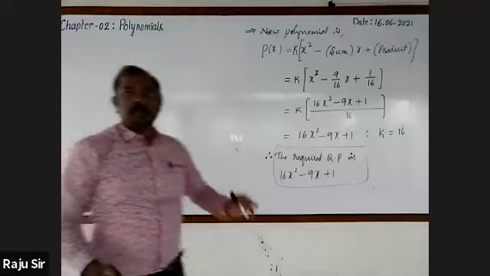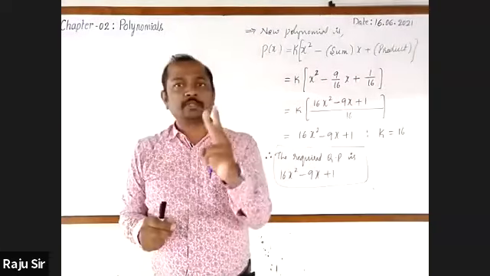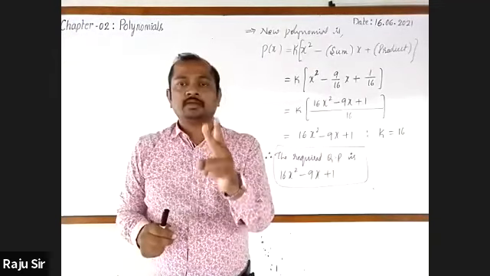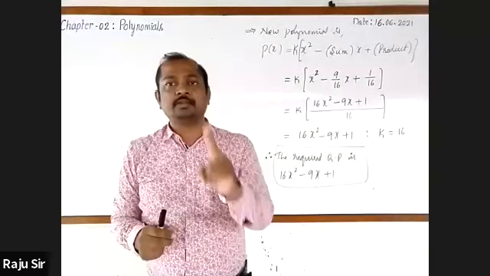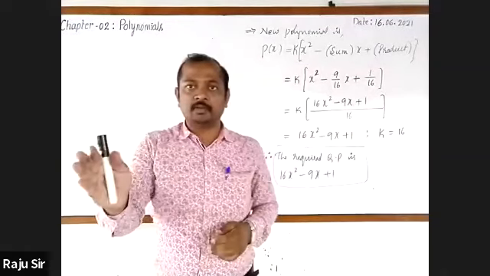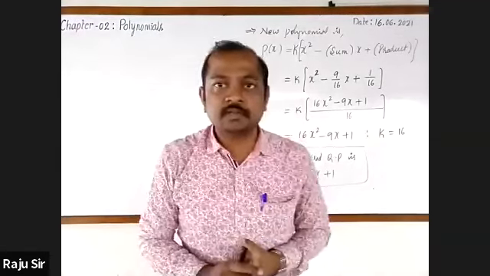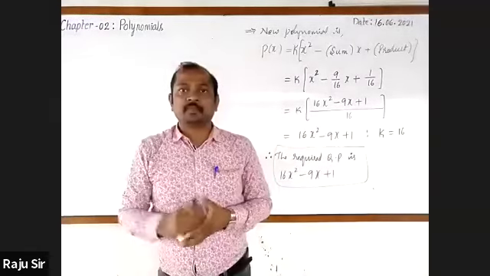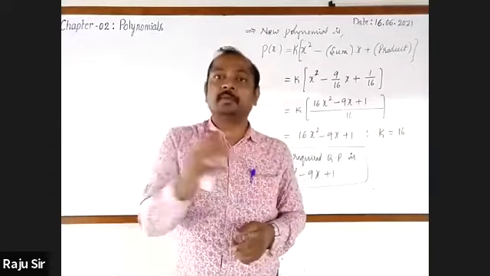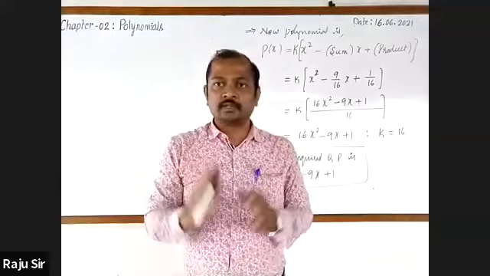This type has been completed. Just listen to me. We have solved two types of problems. Since yesterday, we have been focusing on these two types. First one is finding the value of the polynomial for the given statement. Nazneen, look here. And second one, forming a new polynomial when new zeros are given. So these are the two types.